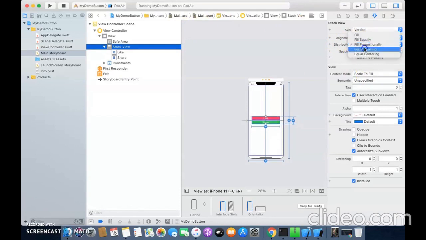If we select equal spacing, here comes an error. If we use equal centering, it comes an error. So we used fill equally. Now fill created an error.